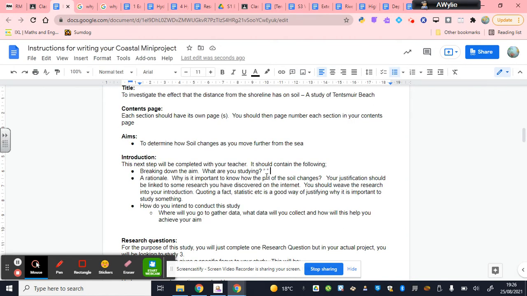Right, if you're not starting with that, then you would launch straight into breaking down the aim. So breaking down the aim is just a couple of sentences that outline what the purpose of the investigation is. So here we've got a simple sentence. All you need to do is actually expand on that. What's this really looking at? What are we investigating? We're looking at how a soil characteristic changes with distance from the sea, and the main reason to look at that is that soil is likely to change as you move away from the sea,